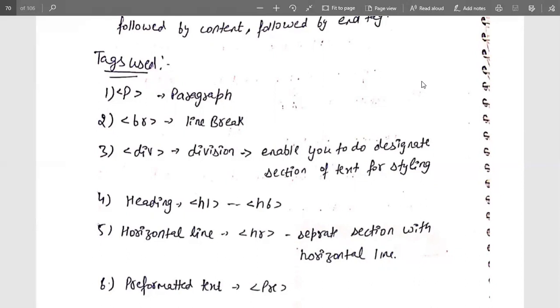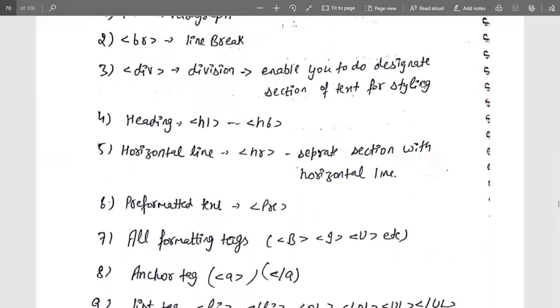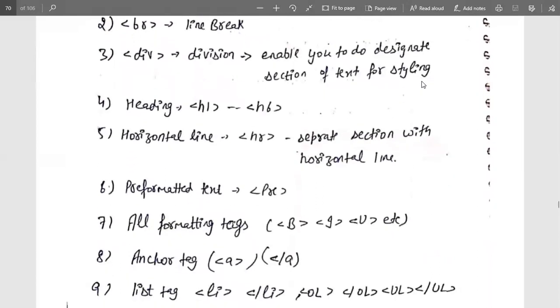Next is division, DIV. It enables you to designate sections of text for styling. That means splitting the text into multiple sections so that each section has separate formatting as well. This is done with the help of division tags. Next is the heading tag. Headings are H1 to H6. H1 is the largest one, H6 is the smallest one.